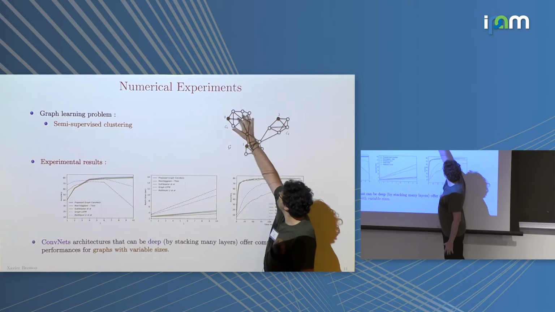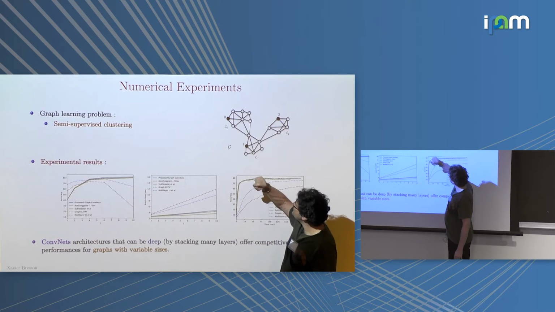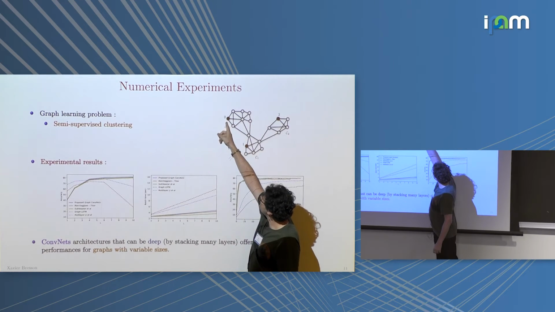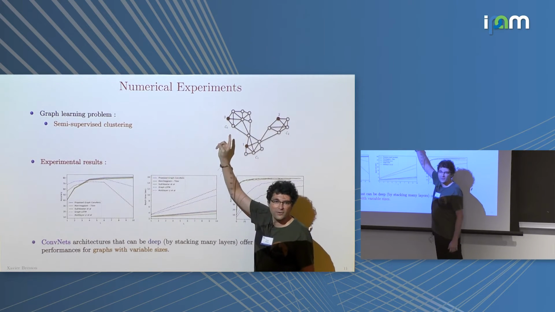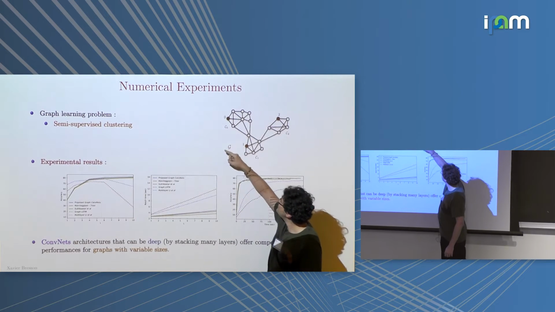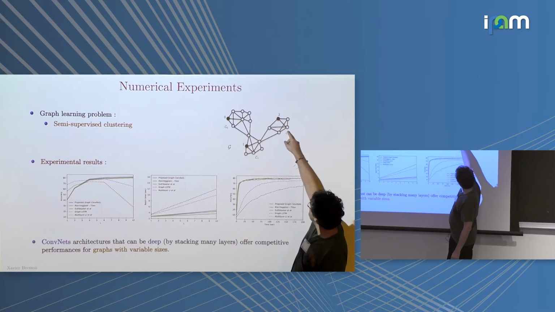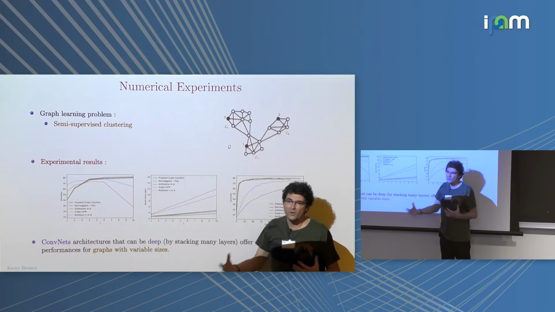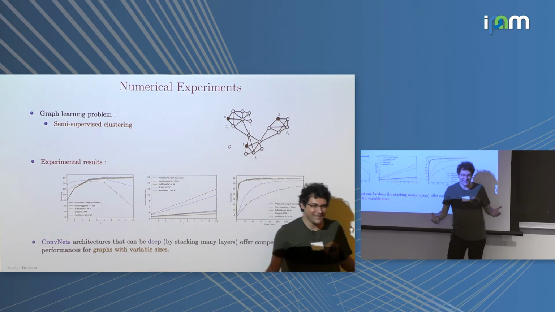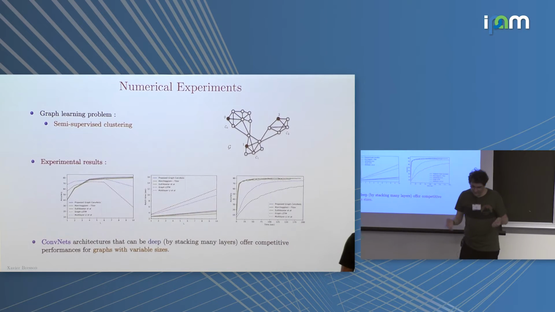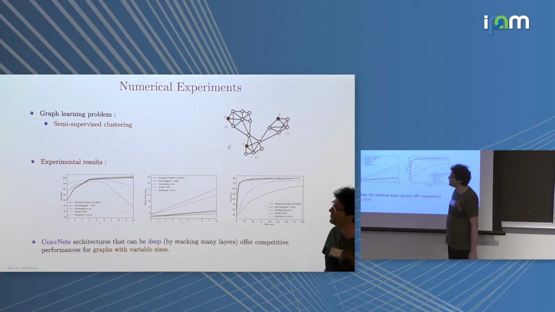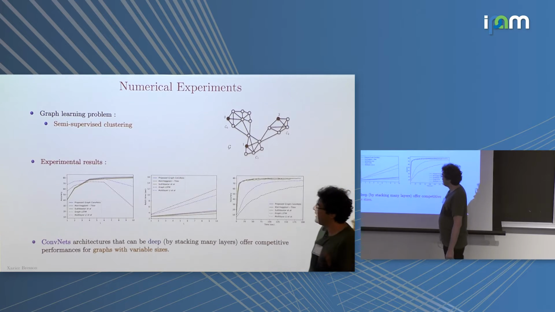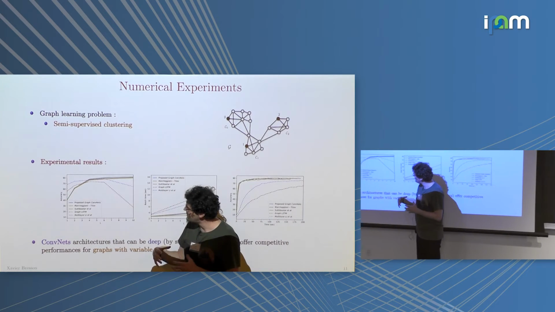So you may have a different graph, and the only thing that you know is that for each community, we know one member. So this is a member of community 0, a member of community 1, a member of community 2. And then you want to be able to infer all the other members of the community. It's a very standard problem for Facebook if you want to identify the same communities. And then what we observe is basically